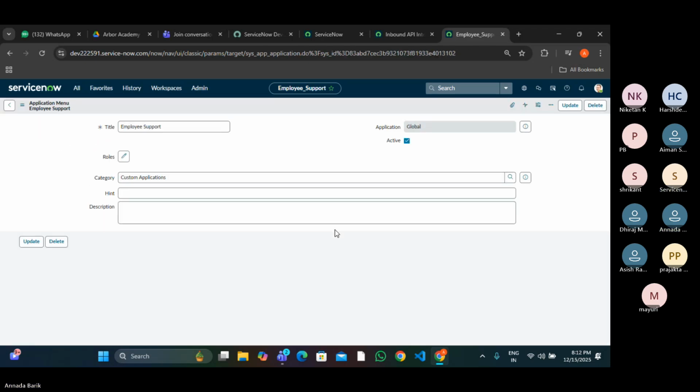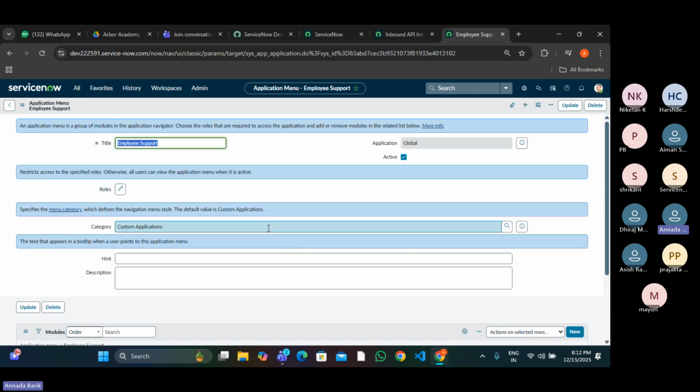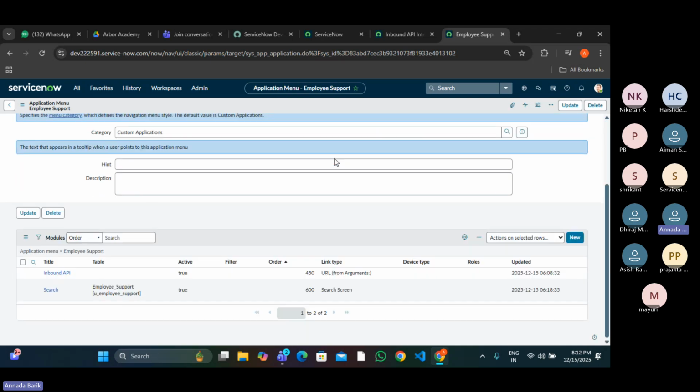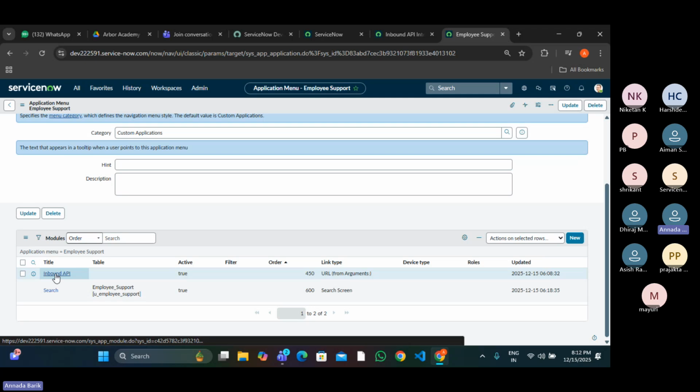Okay. So here I have created it; it is already created. I'll show the process. You can show the existing one. Okay, yeah. So this is the inbound